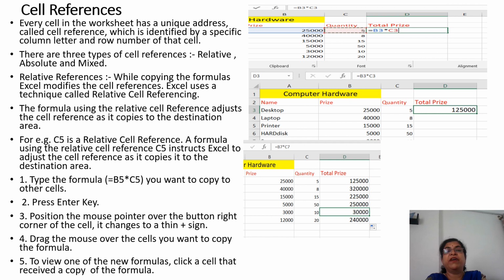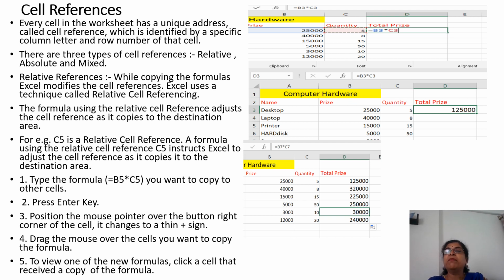For example, C5 is a relative reference. A formula using the relative cell reference C5 instructs Excel to adjust the cell reference as it is copied to the destination area. Type the formula B5 multiplied by C5 that you want to copy to other cells. Press the enter key. Position the mouse pointer over the bottom right corner of the cell and change it to a thin plus sign.